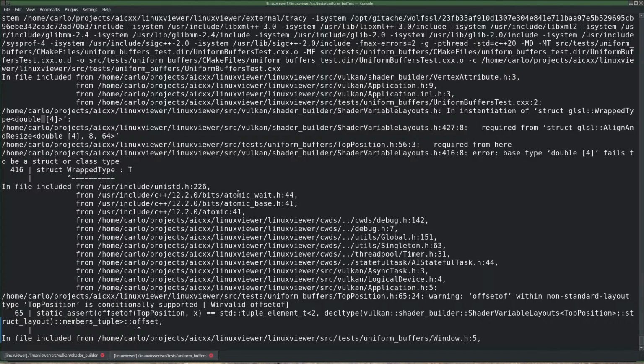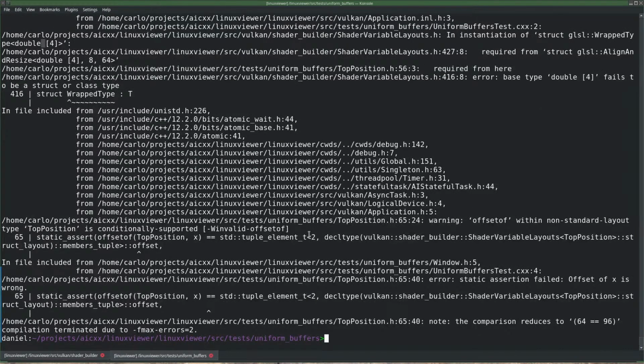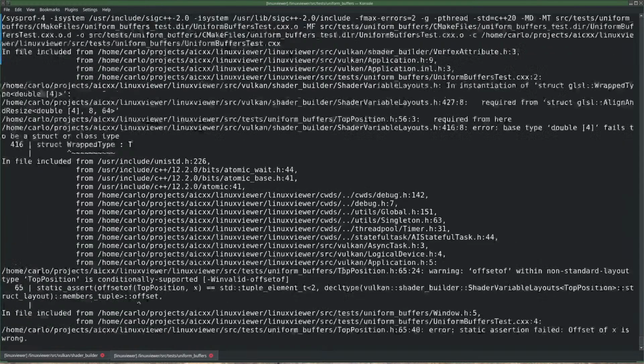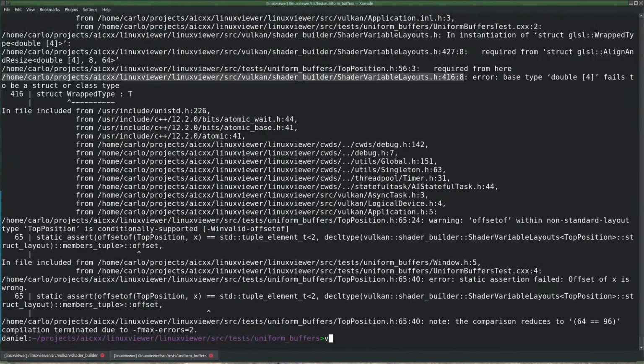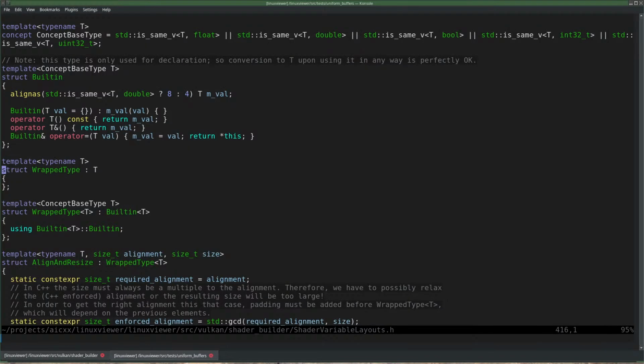Right. Then we must add support for that. So you can only derive from a class or a struct, not from a built-in, and also not from an array of built-ins. And built-in only takes over for the types where, well, non-array types. Now, there's two possibilities. Either I can make built-in accept arrays. Then we would get then